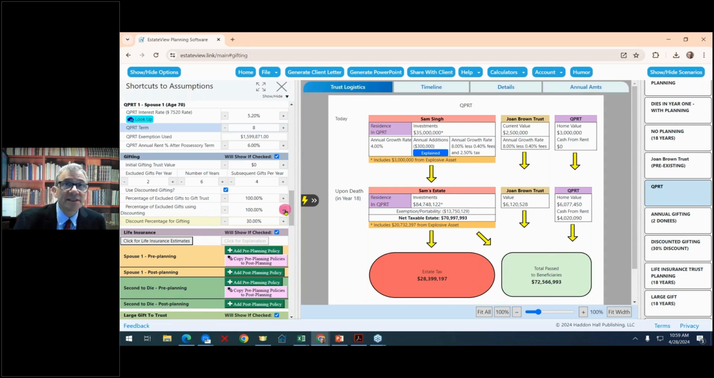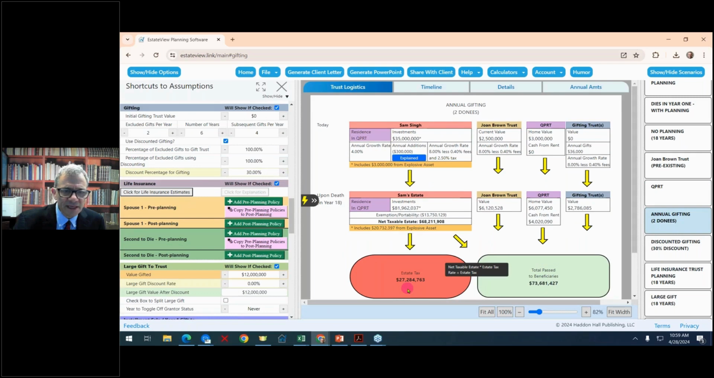Okay, so let's say that I would like to know what would happen if I could increase my discount for gifting from 30% to 35%. On the right-hand side, I click on gifting, and you see the estate tax is 27.28 million. Then here, I just click on 30%, click it up to 35%, and now it changes. So as I change numbers,